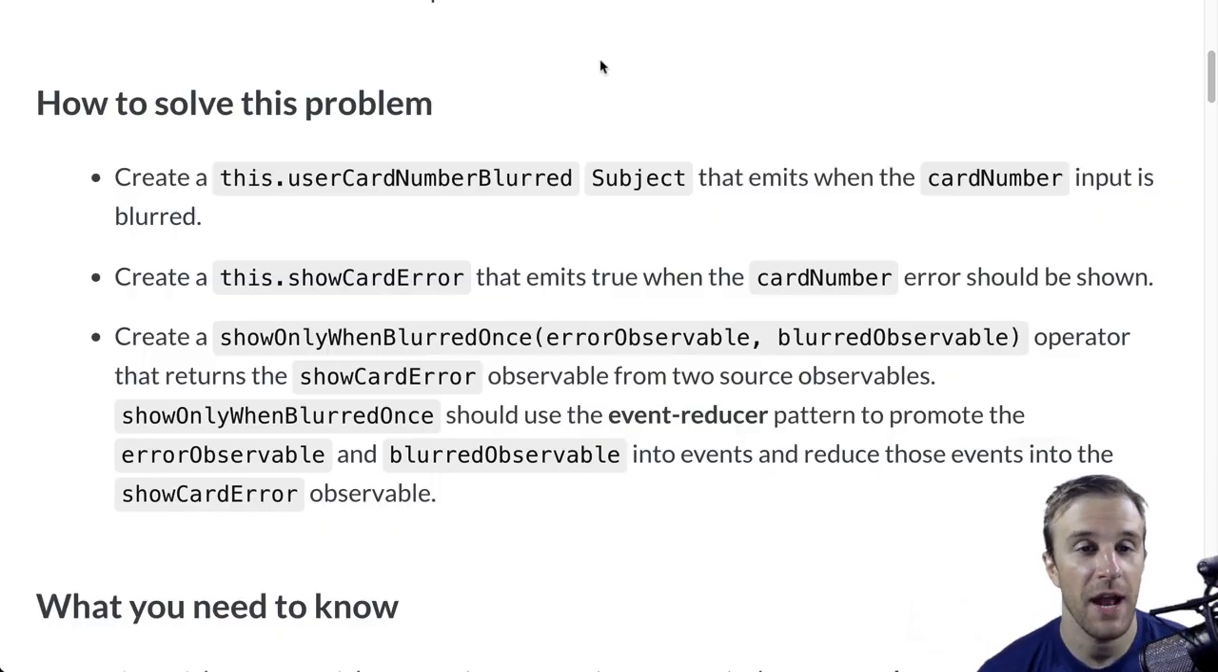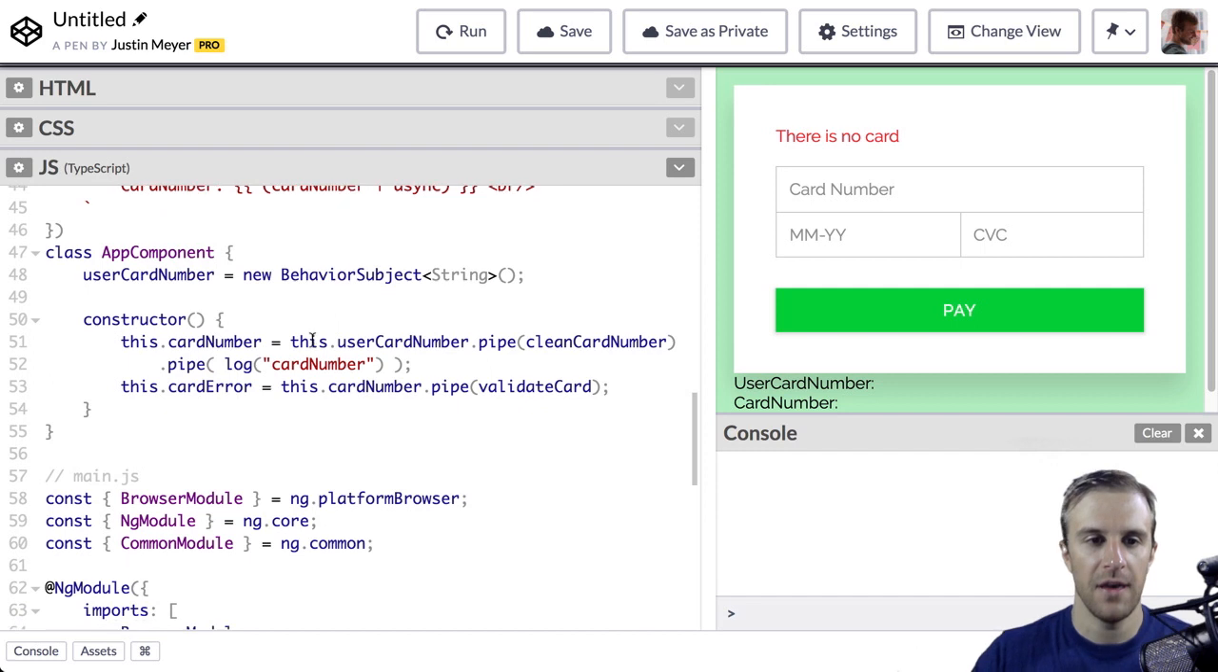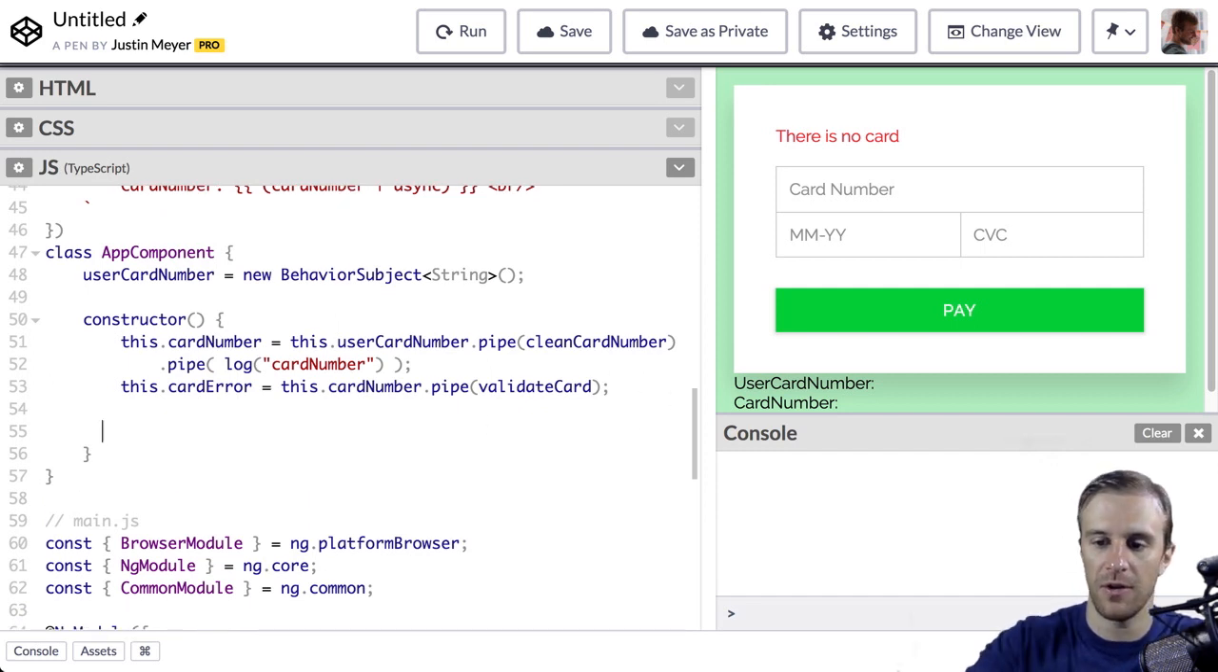All right, so let's talk about how to solve this problem. And this problem is a little bit tricky compared to some of the other ones that we've faced. So I'm going to walk through its setup a little bit more. The primary goal is to conditionally show this div if the user has blurred the input and the card is in error. So what we really need is an observable to control this. That observable is going to be called